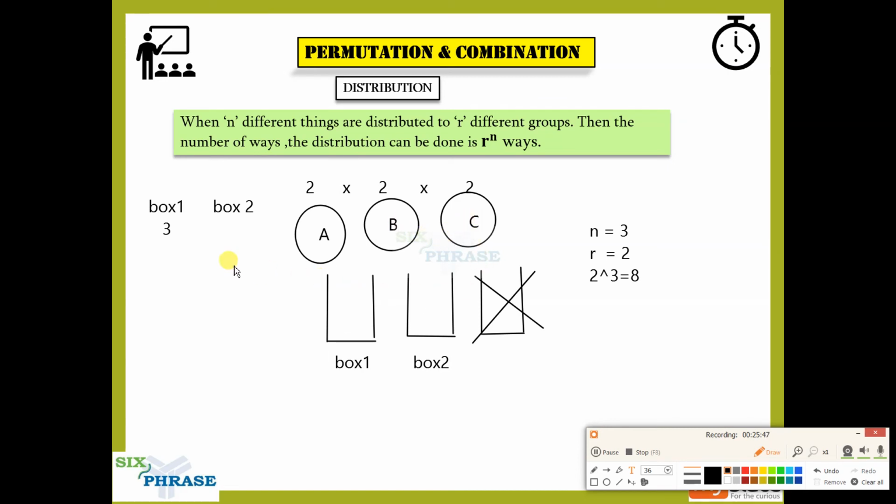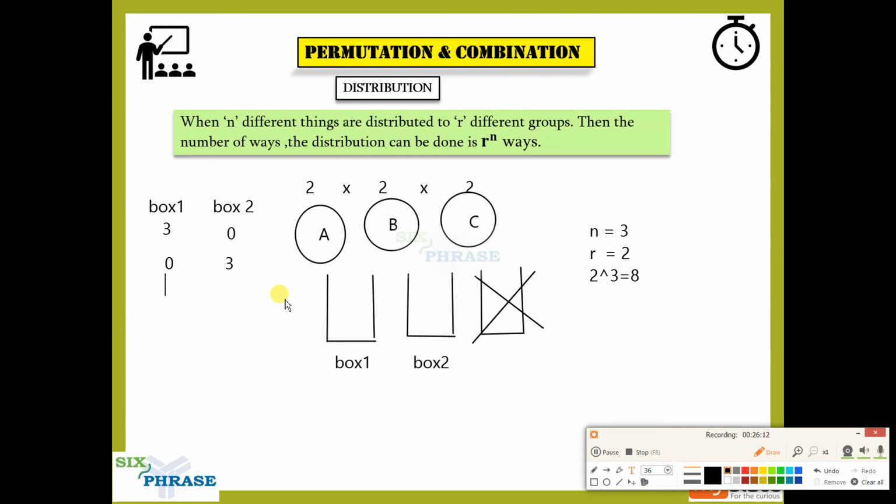Now in box A we could have all the 3 balls. There is a possibility, right? In that case, in box B how much will you have? I'll have only 0. Now the other way around is also possible. In box A you have 0, in box B you'll have how much? 3. So these are 2 cases. Out of this 8, we mapped 2 cases. We need 6 more.